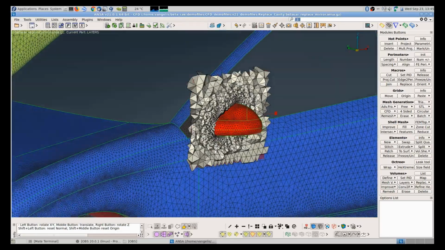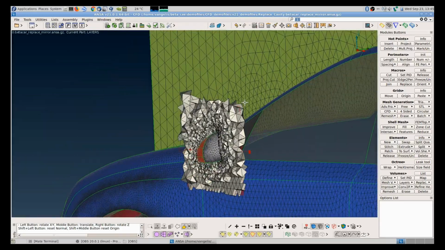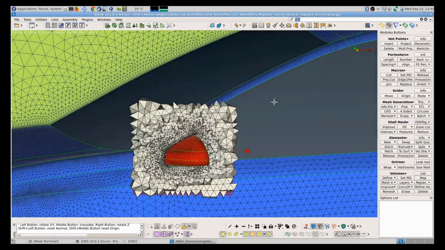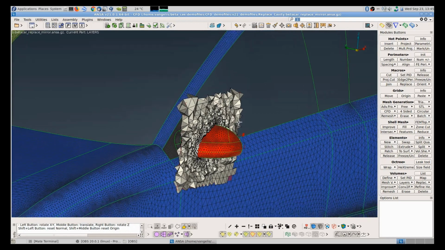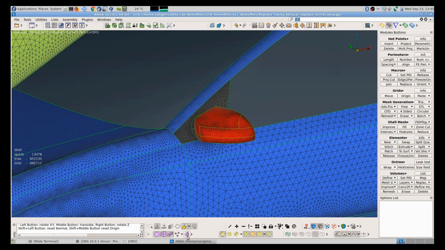So in this example we would like to make a typical local geometry modification, that is to replace the side mirror with another design. The first way actually is quite straightforward. It doesn't require anything from the user apart from directly making the local modification on the surface, and we will do this through macros replace. I will deactivate the visibility of cut plane so that we don't have to see the volume mesh.